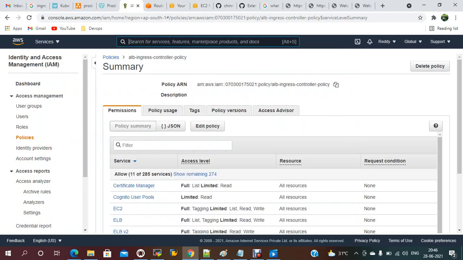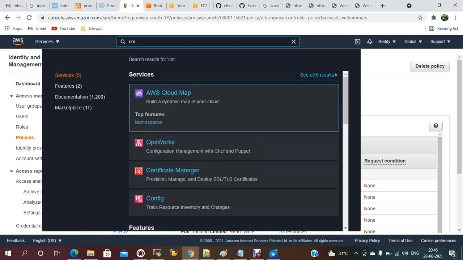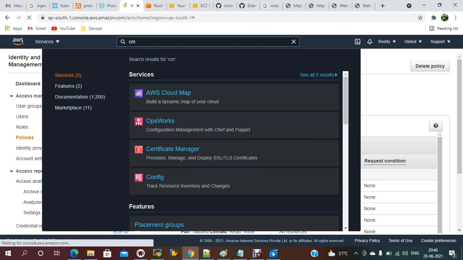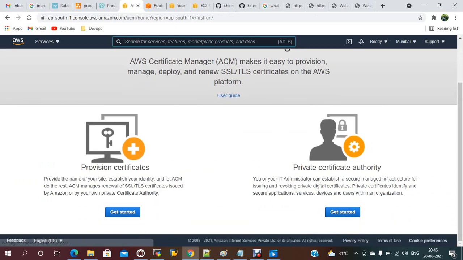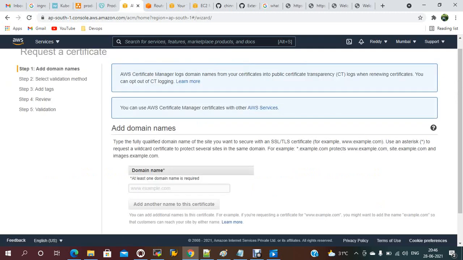In this certificate manager you have to provision the SSL certificate, request a public certificate. You can go here and add your domain.